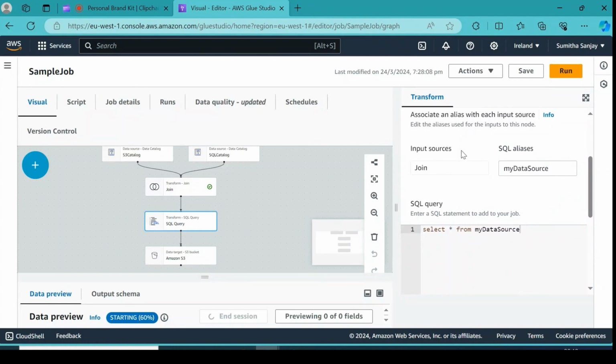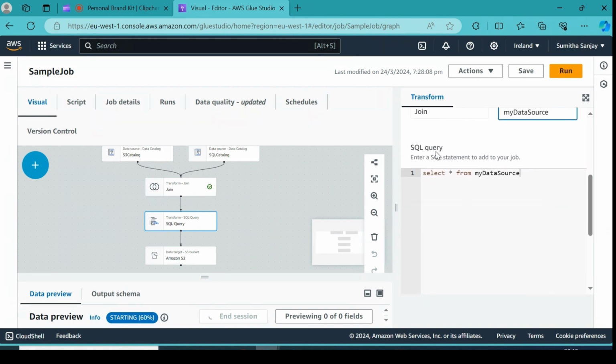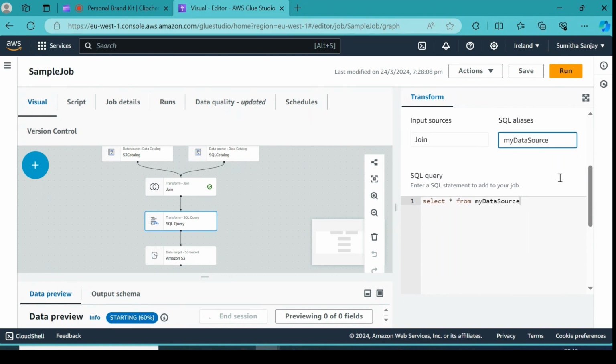And then the input source will automatically be picked up because it knows that it's getting the data from a join transform step. And then SQL alias is something that you can change. I've just left it as it is as my data source. So the SQL query, the default one is a select star from my data source. So what it means is